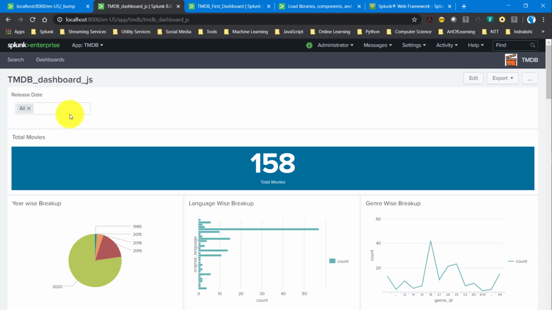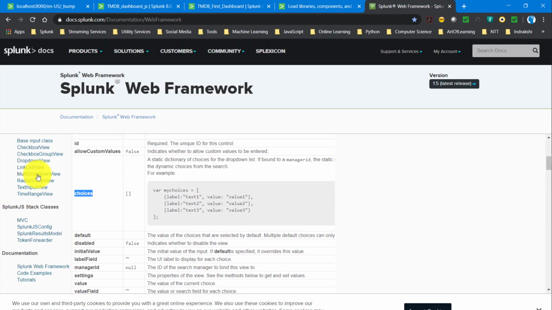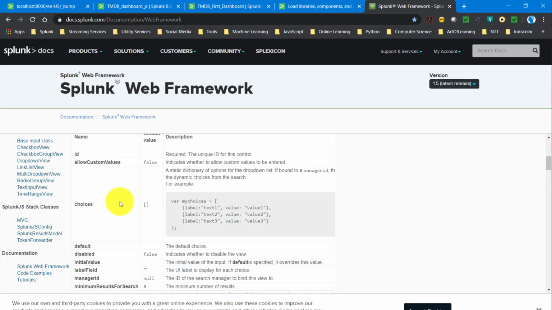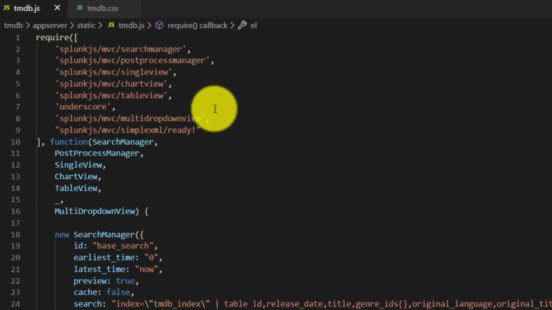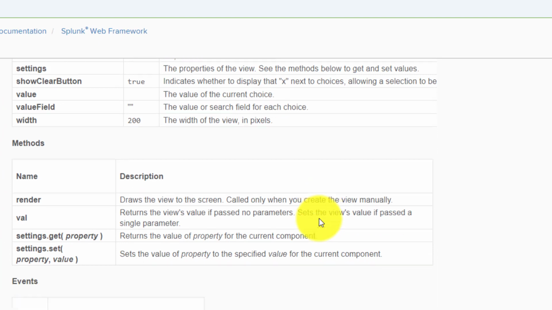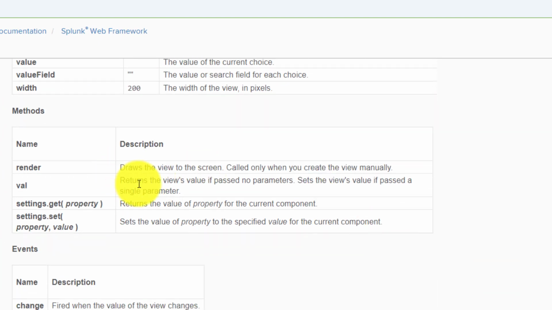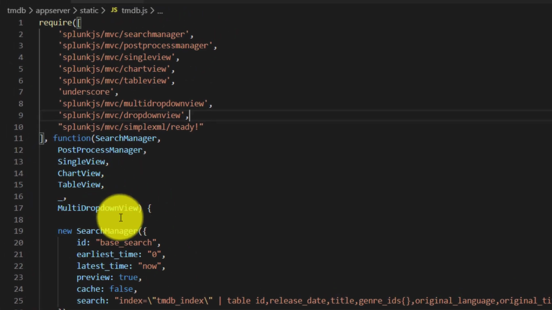Now let us move on. Let us try to create a drop down view as well. So for multi-select we referred to this one, for drop down we will refer to the drop down view over here, right? So what we need to add is this library path. So let us add it quickly. After multi-select we will add this one, okay, and the name we'll be giving is the same name as they have given over here. You can give it any name, okay. So comma